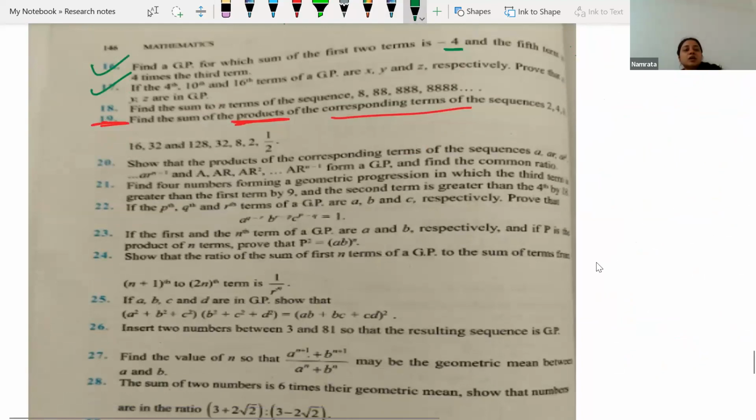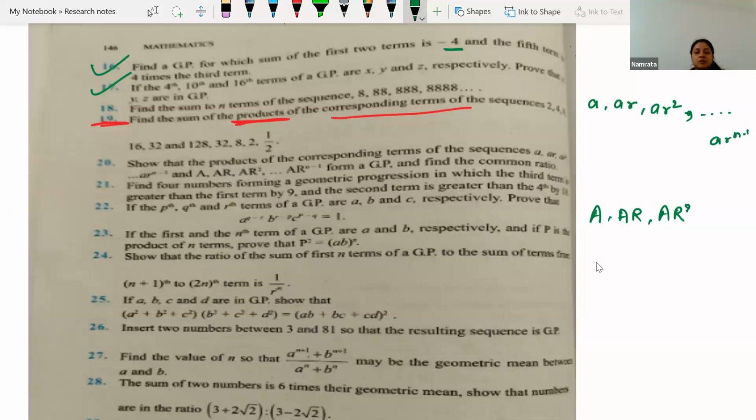Now the next one says show that the product of the corresponding terms of these two sequences forms a GP. So we have to show that if we have one sequence as this one and another sequence as this one, then here also it says show that the product of the corresponding terms. If we find the product of corresponding terms, the first term became this, the second term became